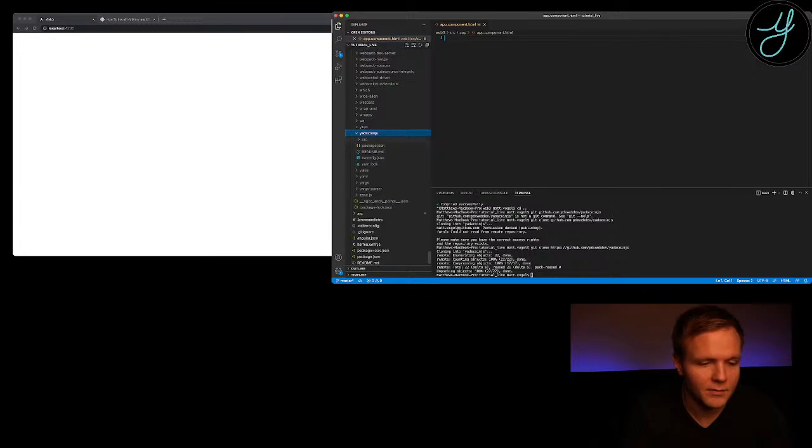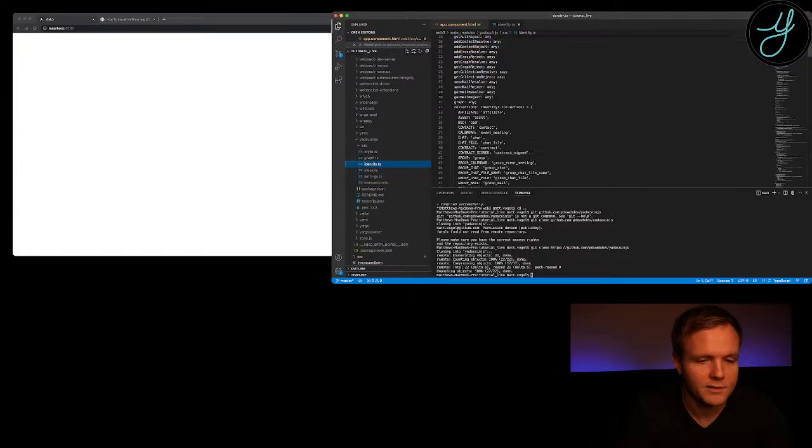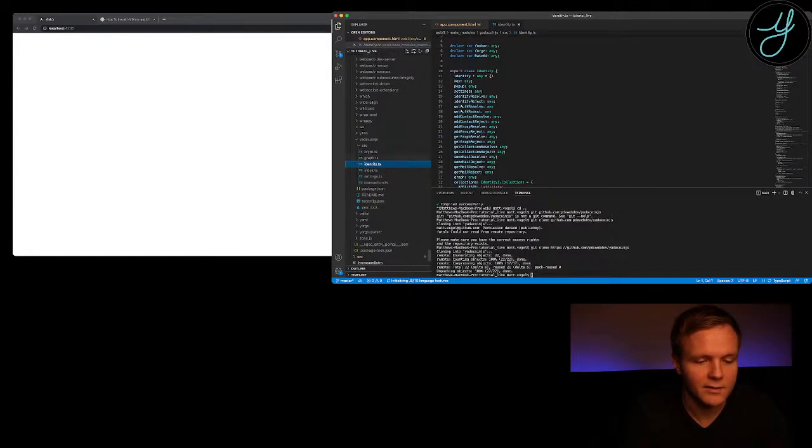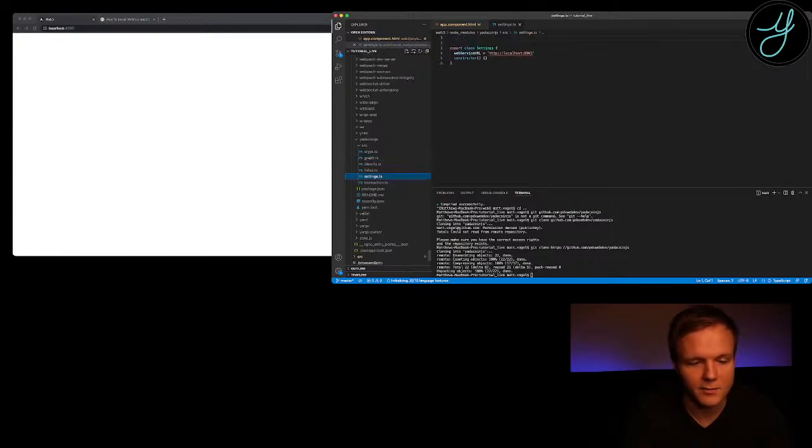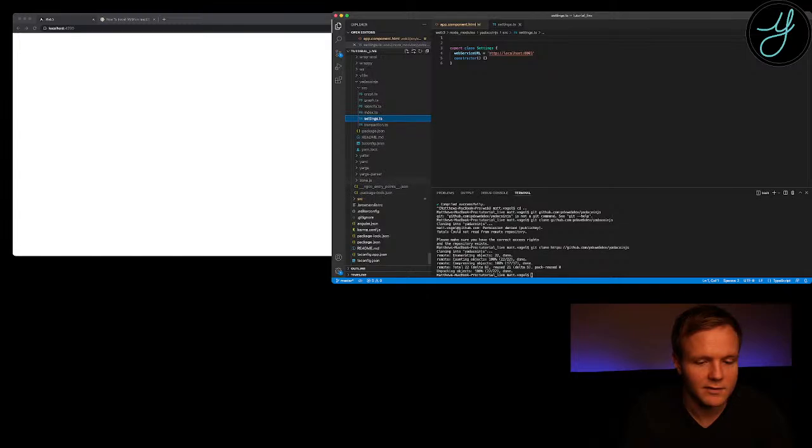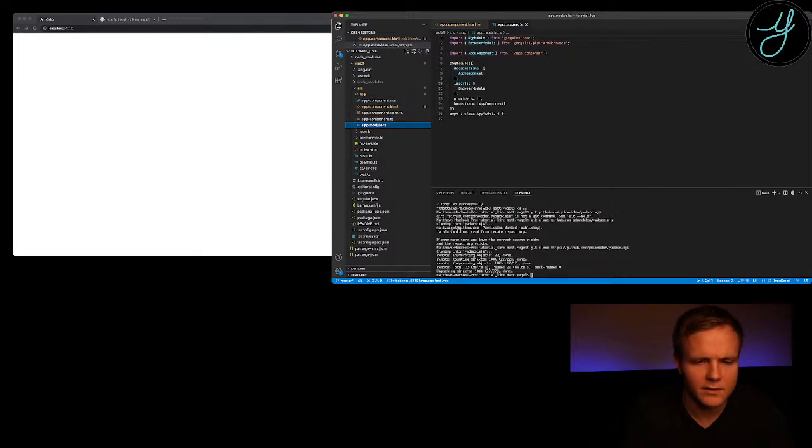And yeah, basically what we're going to do is extend these classes inside of our application. So we have an identity class, we have a settings class, and we're going to override these classes and properties to use in our application. So let's go ahead and do that. So in here, we're going to go to app component TS, and actually we need to do, yeah, so let's go